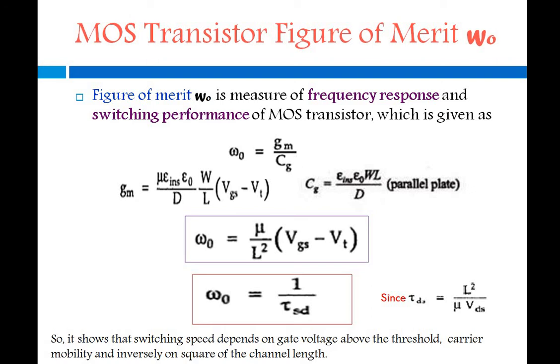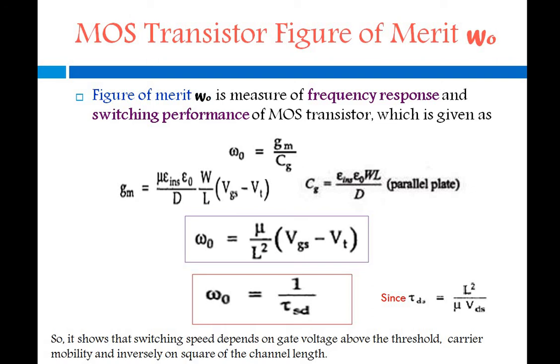So I hope you are clear with today's topics. We discussed 4 topics, out of which transconductance and the figure of merit are very important. The first one is your threshold voltage. What is your MOS transistor threshold voltage? It is nothing but the minimum gate to source voltage that is needed to create a conductance path. We have to see it in both depletion mode as well as enhancement mode.